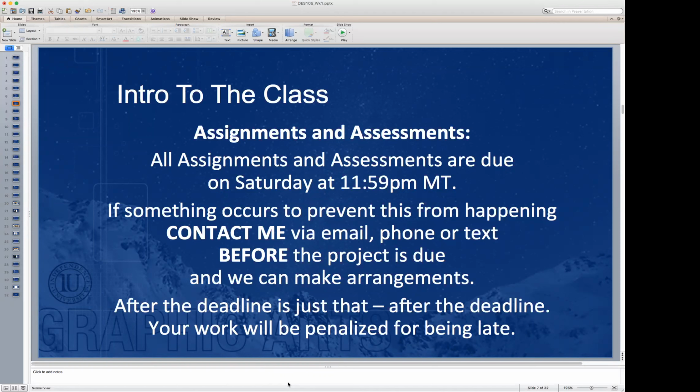But all assignments and assessments are due this Saturday by 11:59 Mountain Standard Time. So just be aware what your time zone is. There's a time zone calculator under the Live Sessions tab on the course homepage. So if you need help, or just Google it or something. But if something occurs to prevent you from actually getting the assignments turned in on time, you need to contact me either by phone